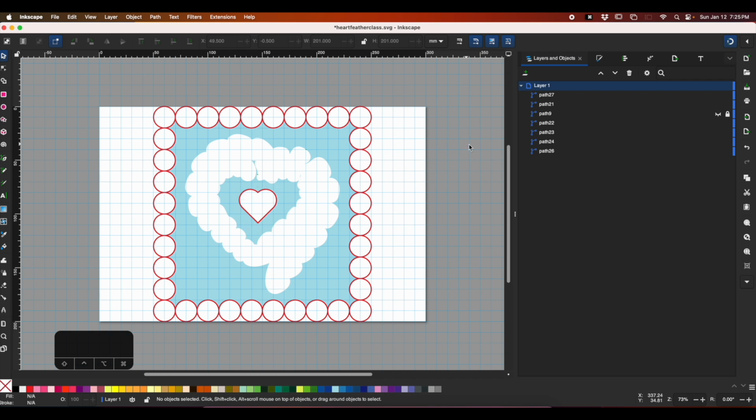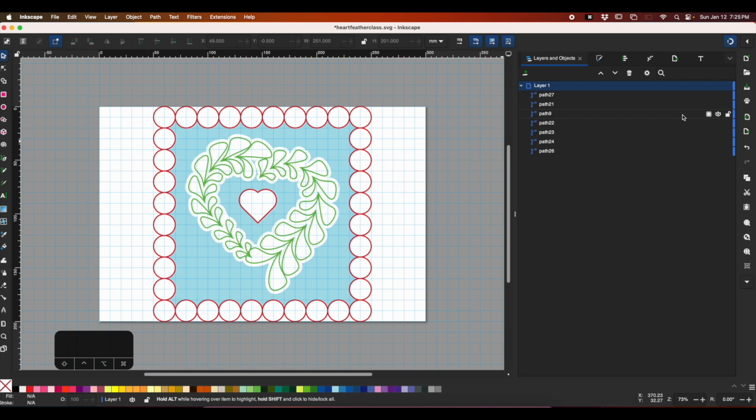stitch going through there. I'm going to bring back my leaves for a second and unlock them, select them. I'm also going to make those red. I keep calling them leaves because they're green, but they're actually feathers. I think I selected a different red for that, so now I have those, my color palette the way I want it, and my running stitches where I want